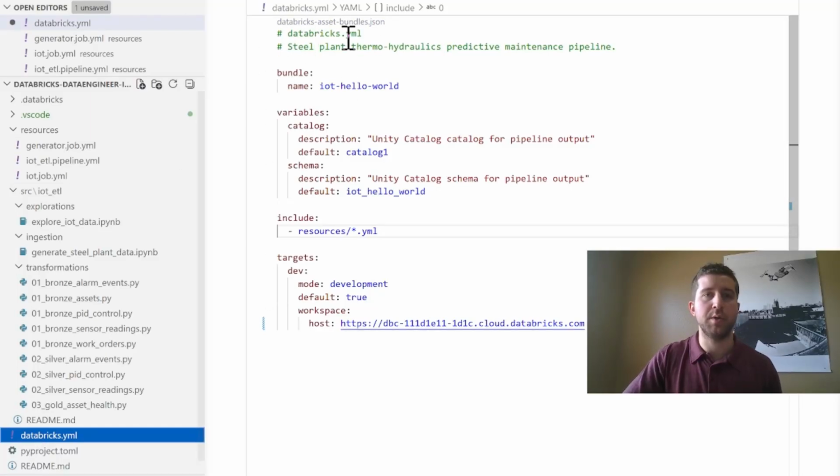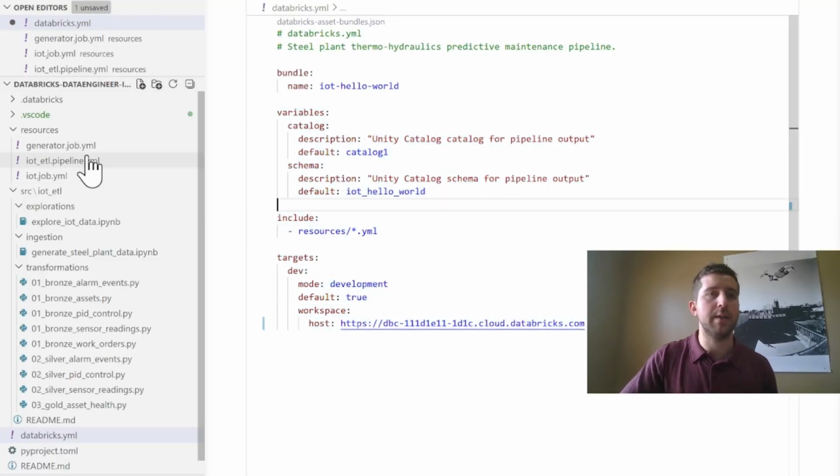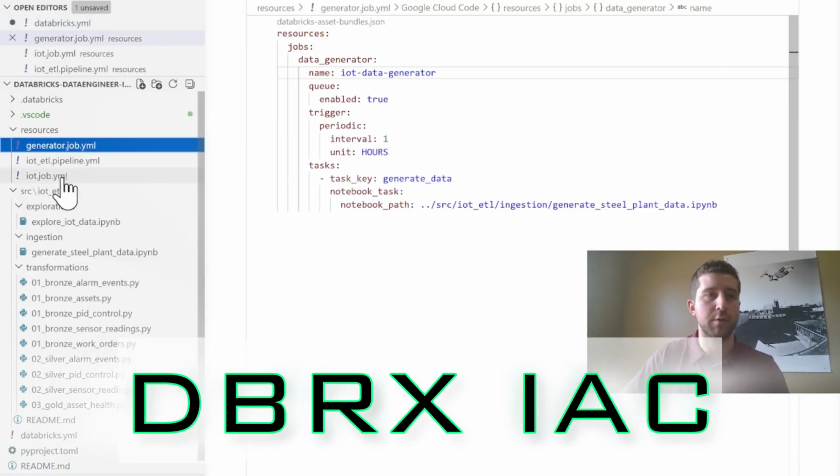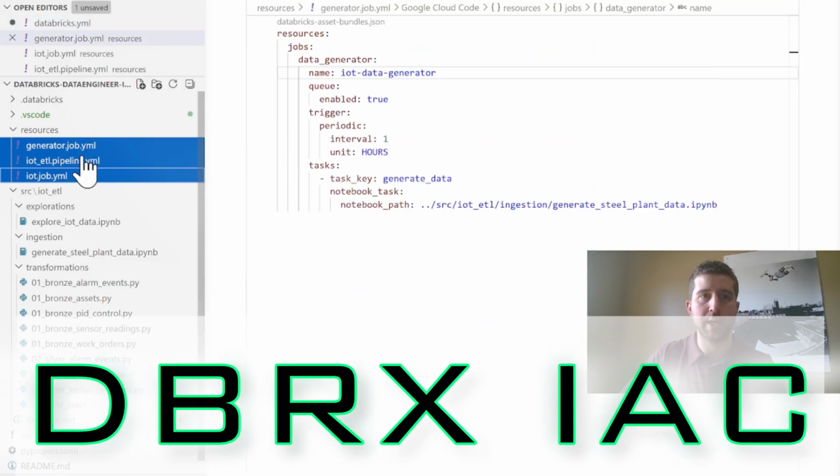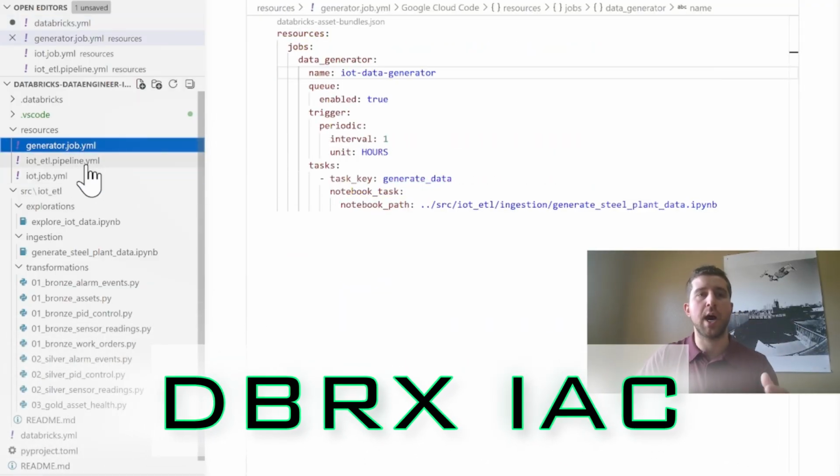databricks.yml, where you can define things. And then within the bundle, you have your resources folder in your project, which is where you define your jobs